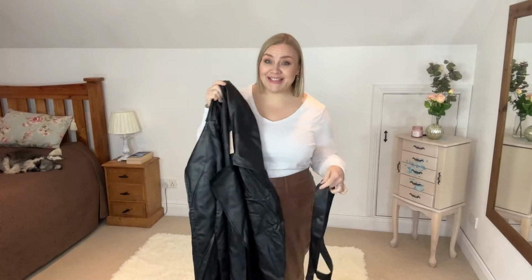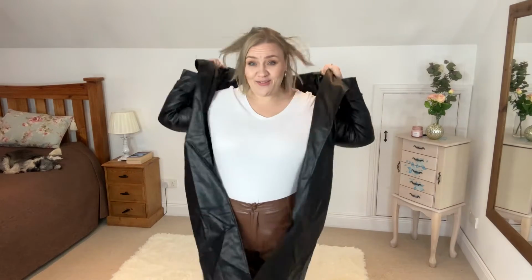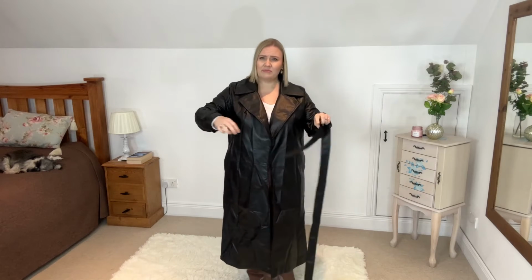The noise. I am so excited for this piece, and I'm literally just going to pop it on straight away because it'll be easier to show you. This is, as you may have guessed, a faux leather coat. I haven't owned one of these for a very, very long time. This one just kind of hangs on you, and then there is a tie belt, but there's no buttons, but you can obviously...